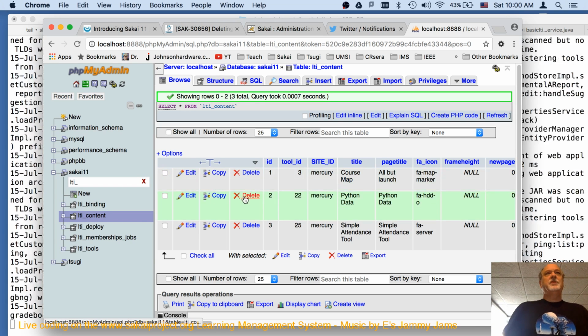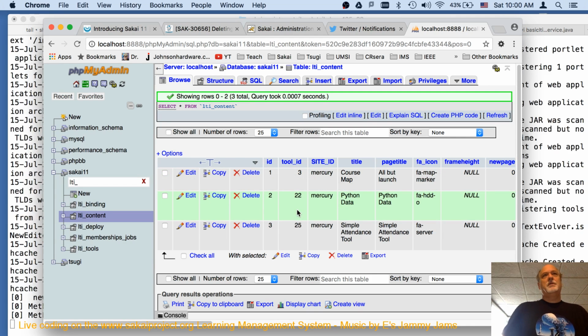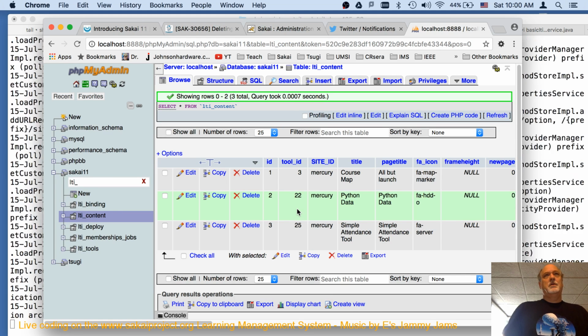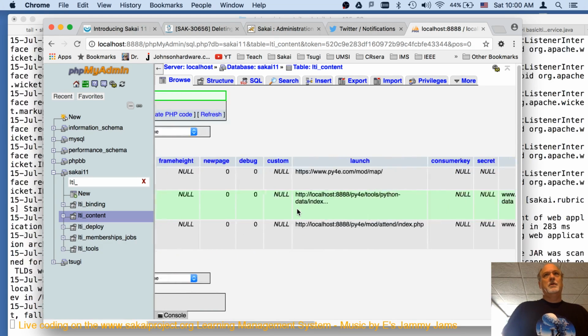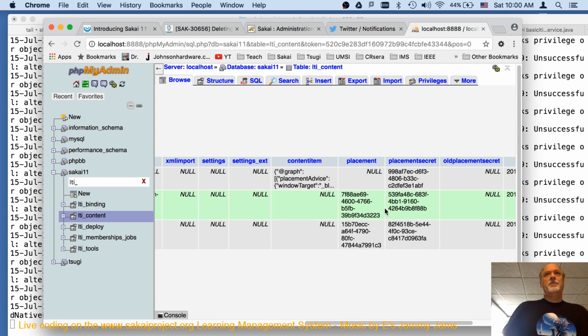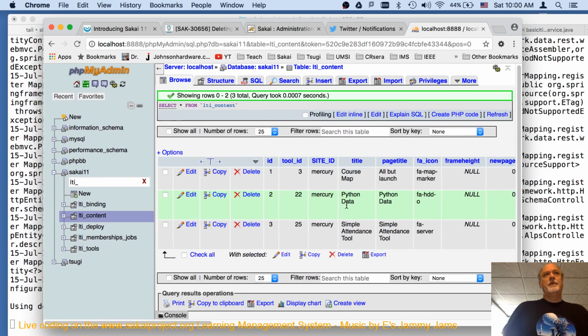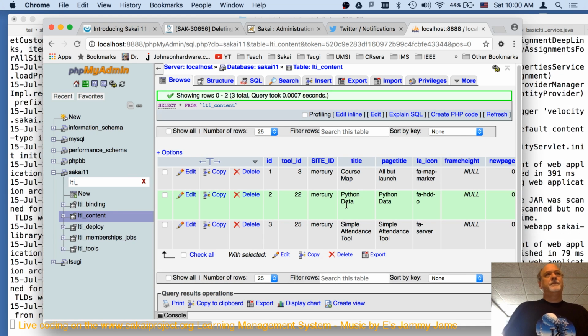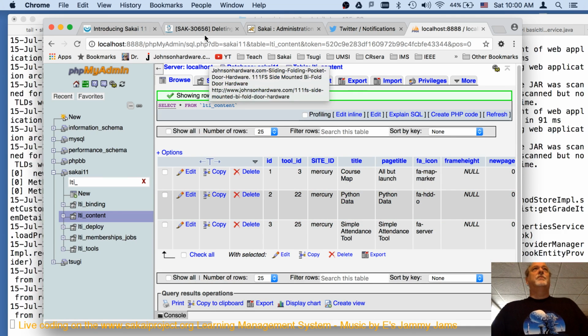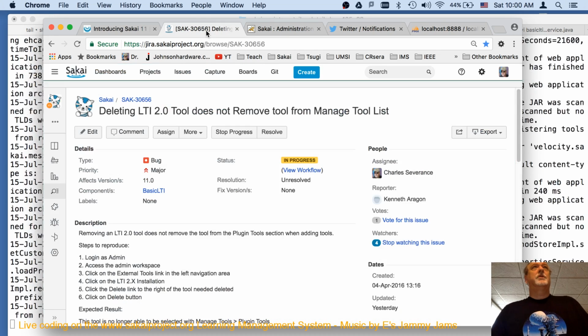Except that they're still here, which amazes me. Not a placement. I almost would prefer that my code didn't work rather than the underlying Sakai code not working.